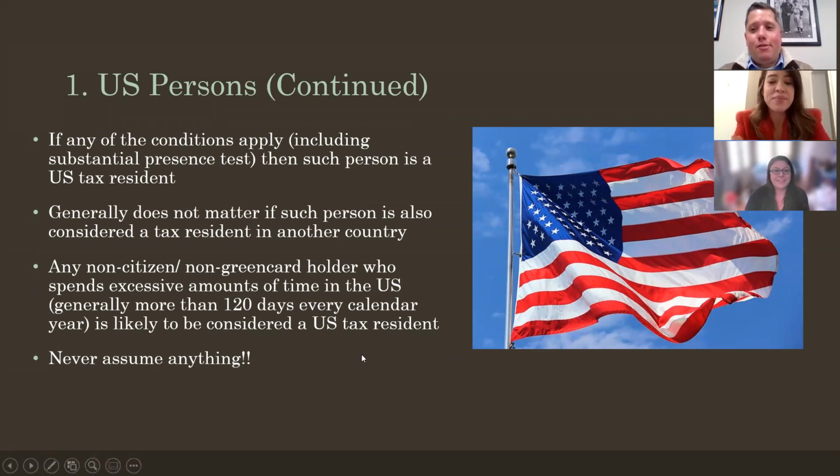And last but not least, never assume anything, right? The clients, they assume so many things. They assume because of COVID, they assume because they're filing tax returns. They just make these assumptions without really looking into it. So tell a client, don't assume anything, all right? Especially with U.S. taxes. We all know that way too well, dealing with the IRS.